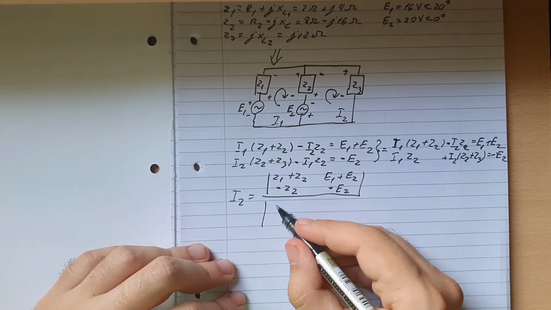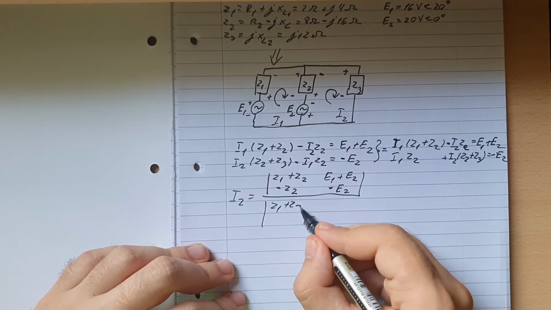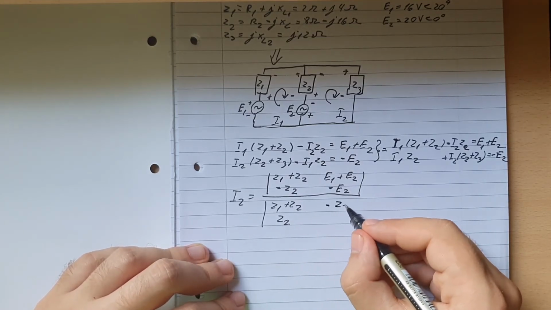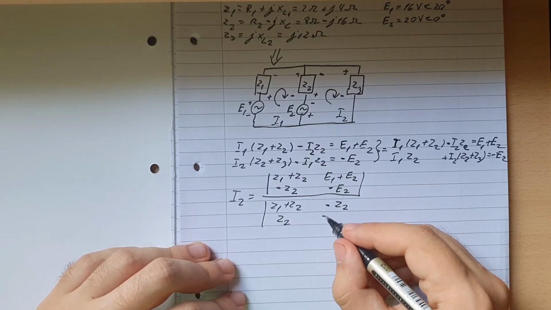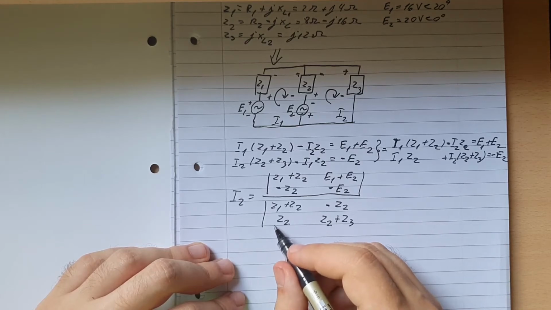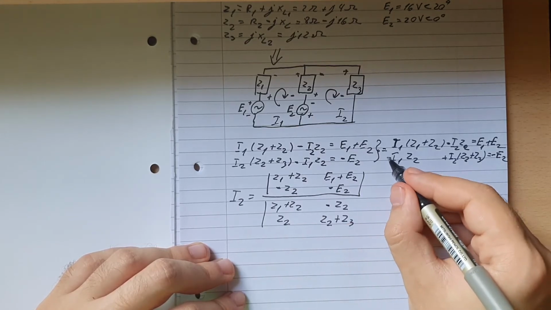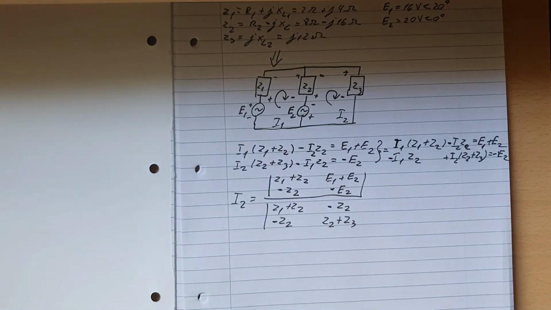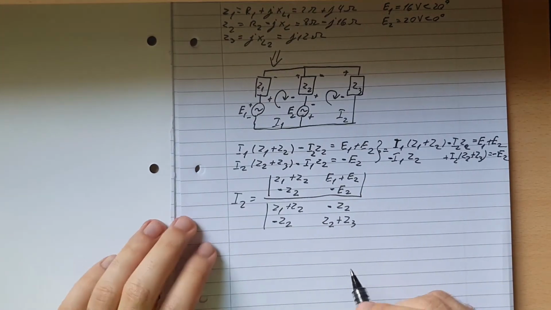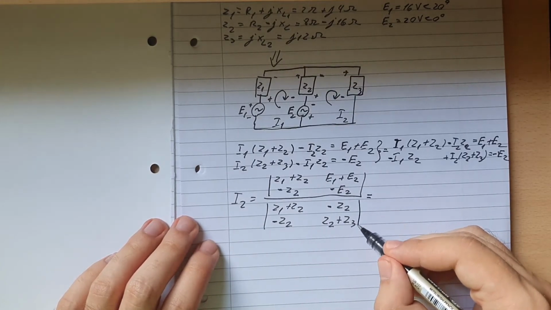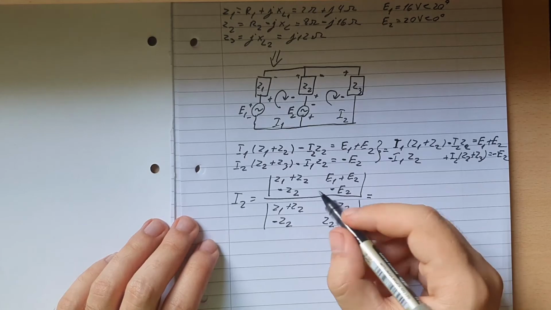So the matrix of Z1 plus Z2, this one will be Z2, this one will be minus Z2, and this one will be Z2 plus Z3. Is this a minus as well? Yes, it is. Sorry about this. This is a minus as well, so this one is minus as well. Sorry about that. Okay. So now we rewrite it like that, and we can simplify it as we will multiply